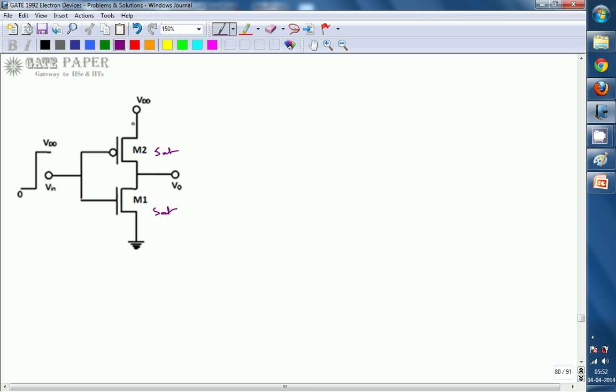And how much is the drain current flowing through M2? The same drain current also flows through M1. So IDP is equal to IDN. Since both are in series and in saturation, we can write IDN is equal to IDP. Drain current of NMOS is equal to drain current of PMOS, so we can write beta n by 2 into (VGSN minus VTN) whole square is equal to beta p by 2